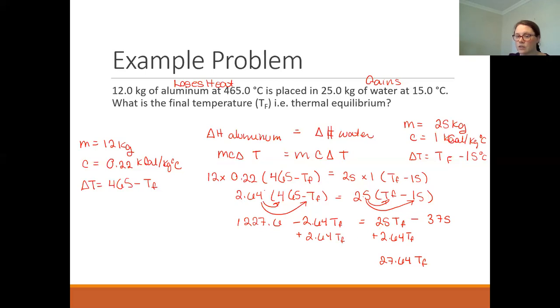So 25 TFs plus 2.64 TFs leaves me with 27.64 TFs. And then we'll take our 375 and we're going to move it. In order to move it to the other side that has just numbers, and we put the TF on this side, all of the numbers without a TF we're going to go to the other side. Add 375 to both sides. And on this side, that's gone to 0, that's gone to 0. And on the other side here, we're left with